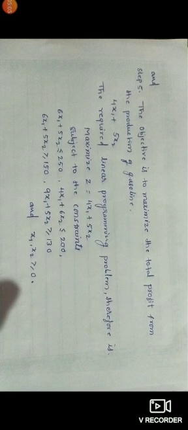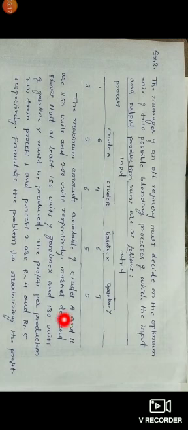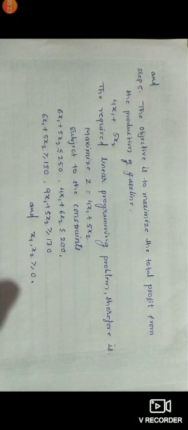Fifth step, the objective is to maximize the total profit from the production of gasoline. What is the profit? The objective function uses rupees 4 and rupees 5: 4x1 plus 5x2. The required linear programming problem is therefore: the objective function is profit, in maximize form, so maximize z equals 4x1 plus 5x2. This is your objective function.